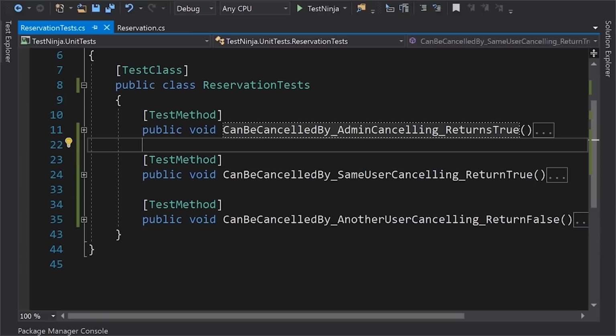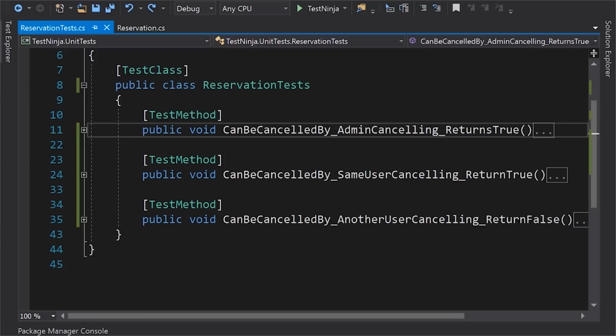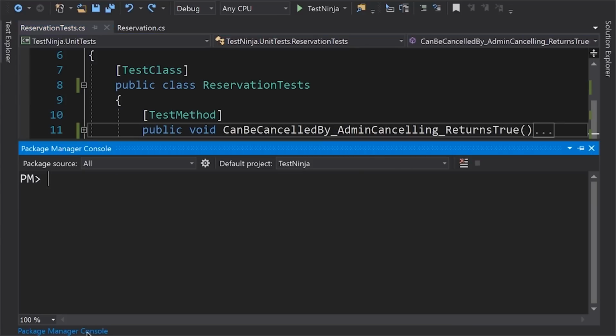So far, you have seen MS Test in action. In this lecture, I'm going to show you how to use NUnit, which is my preferred testing framework. So NUnit is not part of Visual Studio, and if you want to use it, you need to install a couple of NuGet packages. So open up Package Manager console. Make sure to select testninja.unittests in the project drop-down list. Now we need to install a couple of packages. So install-package